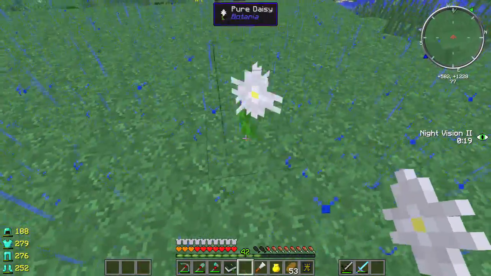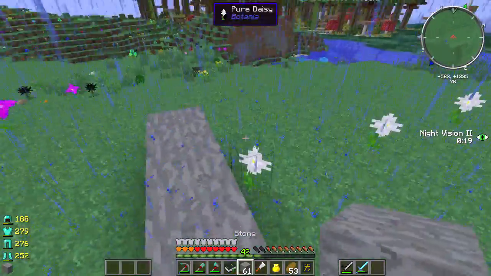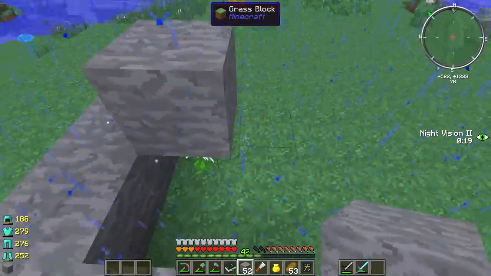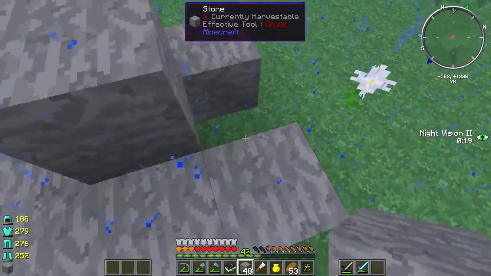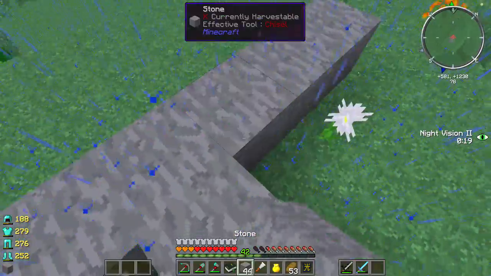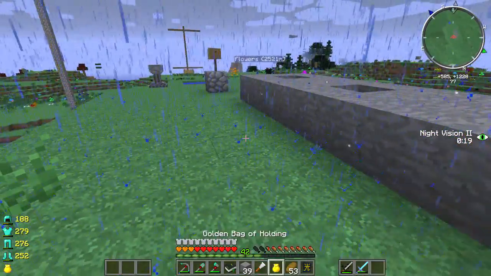So let's go ahead and squirt that pure daisy down right there, and then we'll set some stone around it, like so. And you can do this. It doesn't work above or below, I don't believe. Only going to be able to go around. And you can do this with either wood or stone. And I think I have,